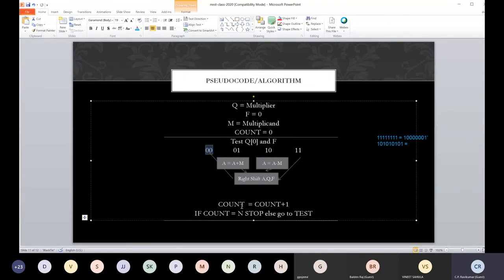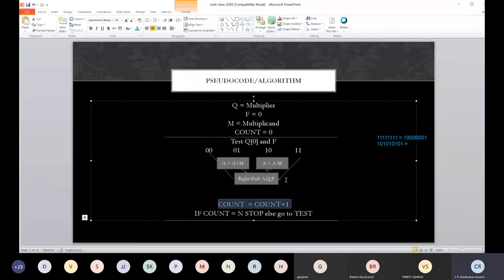The clock period is decided by the worst case, the critical path. You will have to do a comparison, then either an add or a subtract. Assume that add and subtract take the same amount of time. So time for one comparison, time for one addition, time for one shift, time for increment, and maybe one more comparison. You can do a little bit of parallelism. This counting can be done ahead. You don't have to wait for all these things to happen.